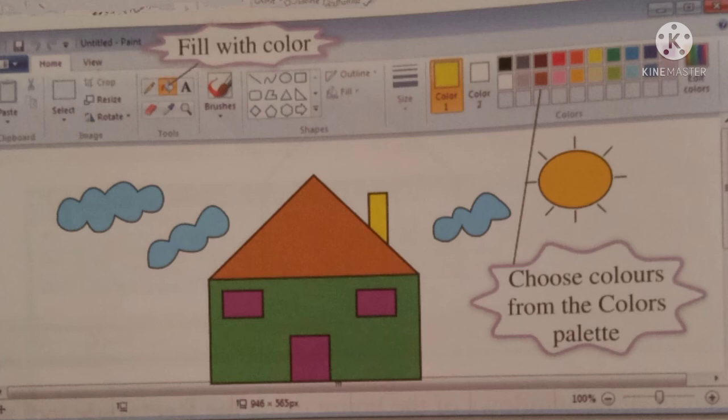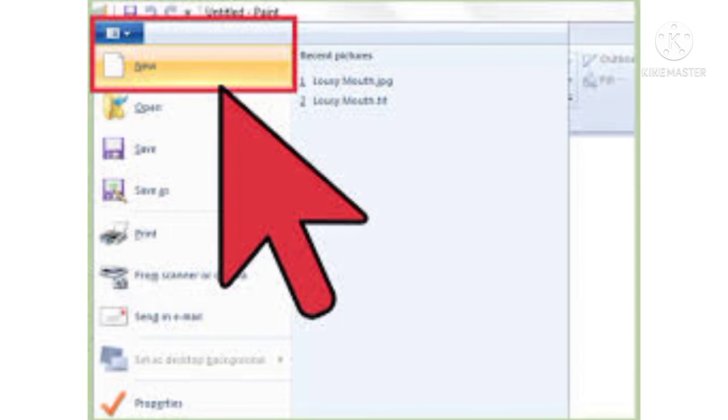Select any color from the color palette and click inside the drawing you want to color. You may select other colors to make a colorful drawing. Care must be taken that no gaps are left while drawing, or else the color might spill out.